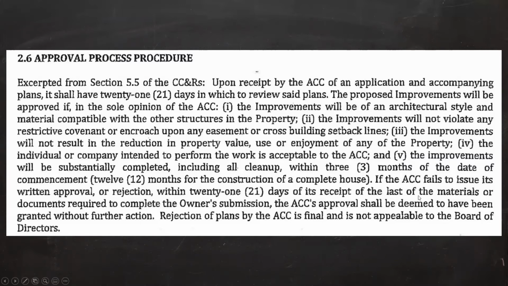This last line is why it's really, really important for all architecture review committees to keep very careful track of where they are in the timeline of reviewing their submittals. Because this says if the ACC fails to issue its approval or rejection within 21 days of its receipt of the last of the materials, the ACC approval shall be deemed to have been granted without further action. So